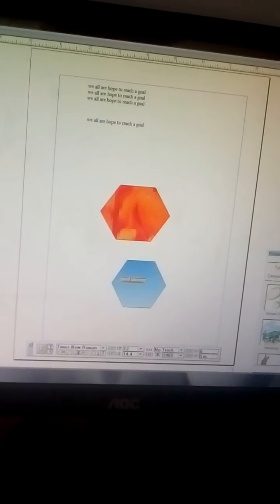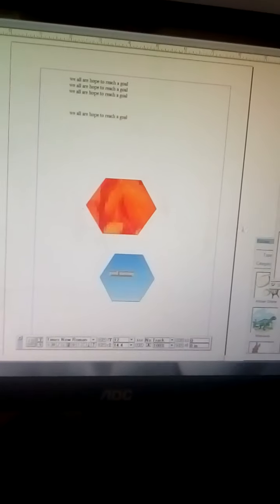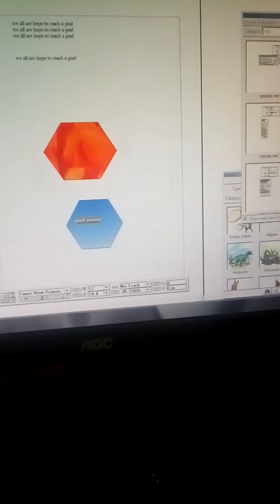If you want to type text, select the text tool, put it here and type the text. Good morning. See here, I will be changing the size.